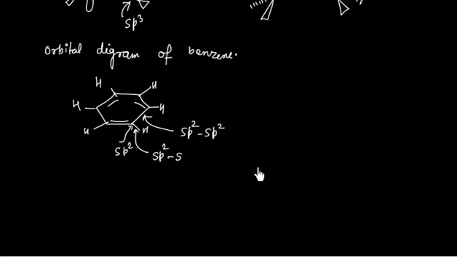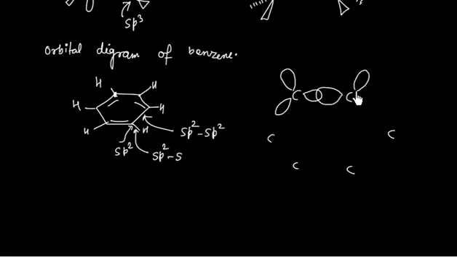We can show the same by an orbital picture diagram. So let us say we have carbon. Now each carbon has 3 sp2 lobes. Each carbon has 1, 2, 3 sigma bonds. This means 3 sp2 lobes. So this is one sp2 lobe, this is another sp2 lobe, and this one is another sp2 lobe. Now there is sp2 overlap. From this carbon also we have sp2 lobes, sp2, sp2, sp2.